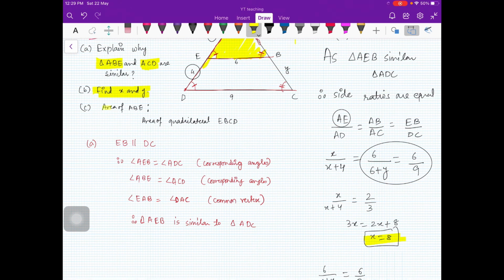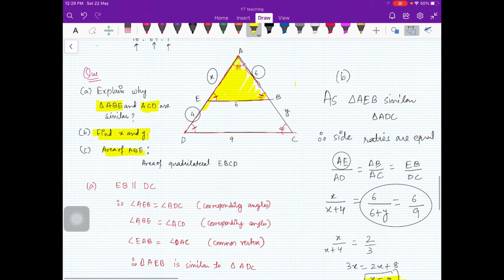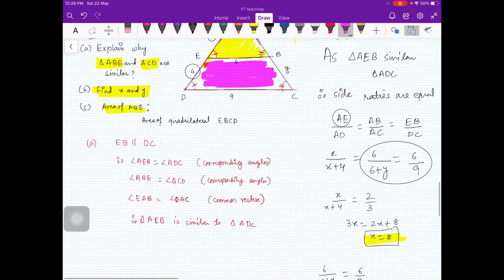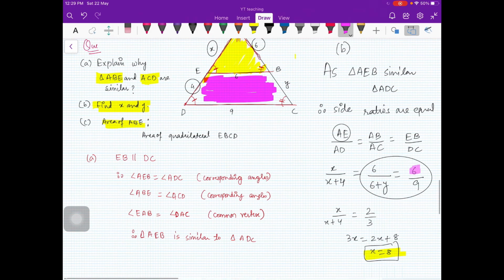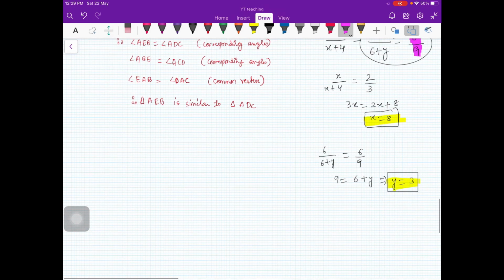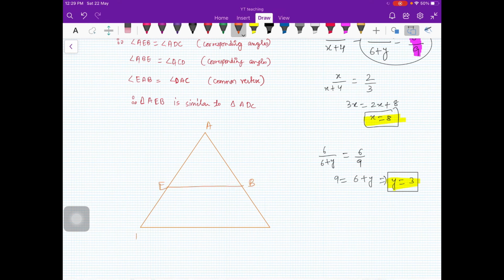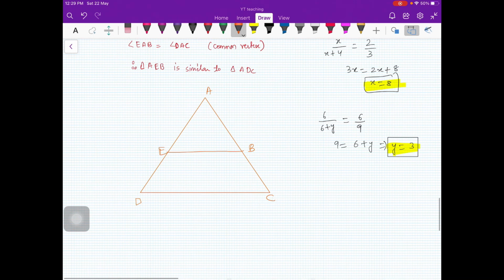Now, next is what is the area ratios of the triangle, smaller triangle, and this quadrilateral here. Right. Okay. So, what we are going to do? We can have area ratios of triangles. Now, you see what is side ratios? Side ratio of triangle is 6 by 9. So, let me draw the picture again. And what we are going to say, this is A, E, B, and then you have DC here.